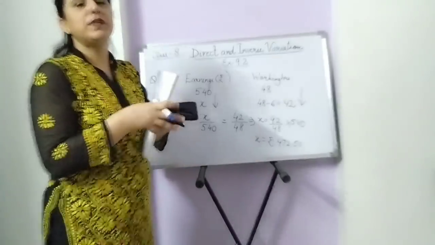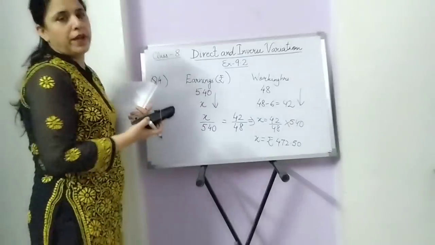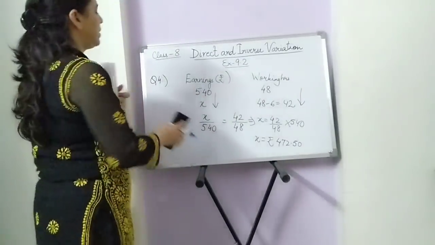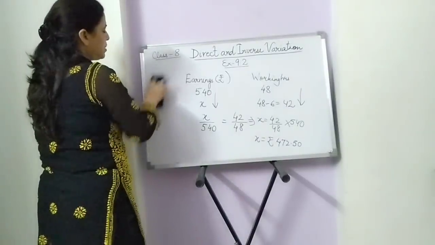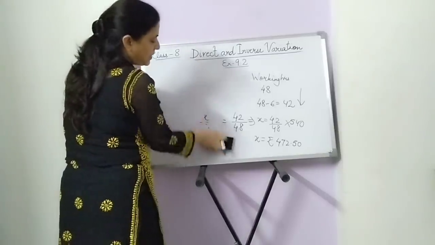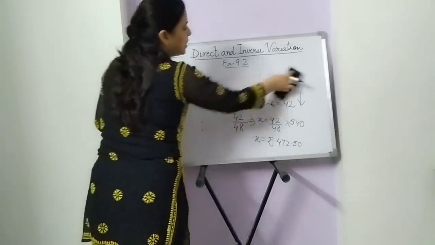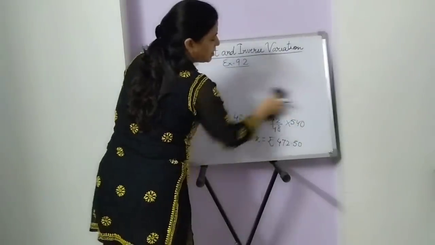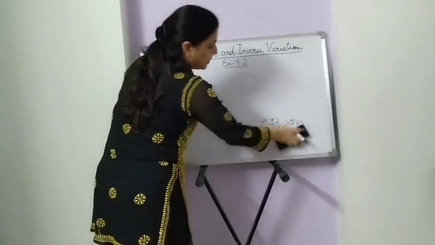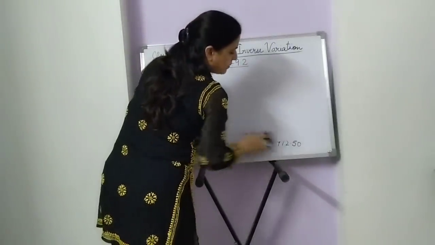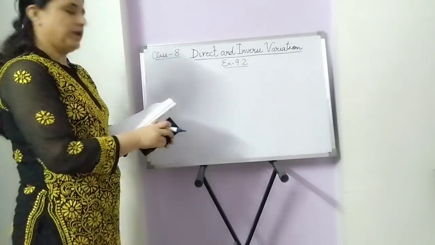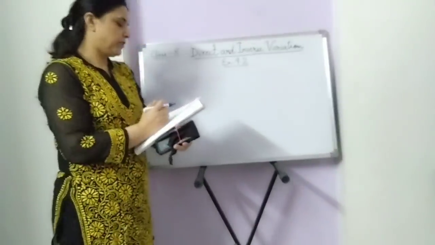Now this exercise should have been based on inverse variation, but we got a sum on direct variation too. Now let us take another question, question number 7, which is often asked. Even in your competitive exams, children, these questions are asked, so please be thorough with such questions and try to understand them. This type of variation is asked in all competitive exams.